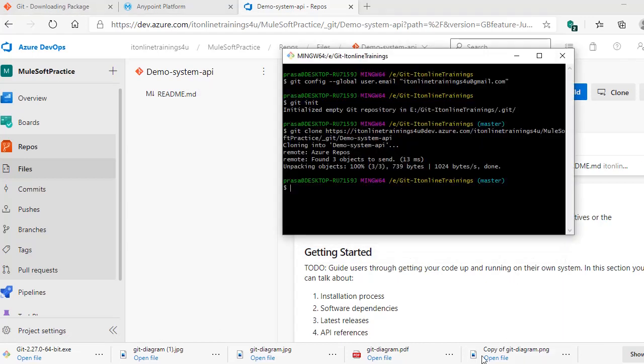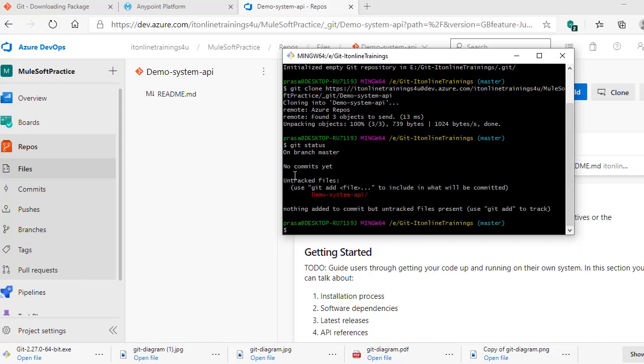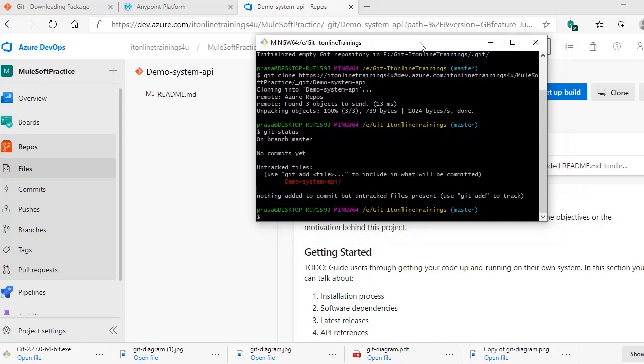Okay, we need to commit this file. To check what are the different files we have available in our local repository, you can use the git status command. It will show you what the different files are. We need to add these files to the local repository.